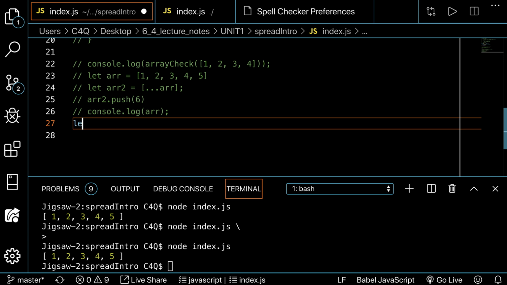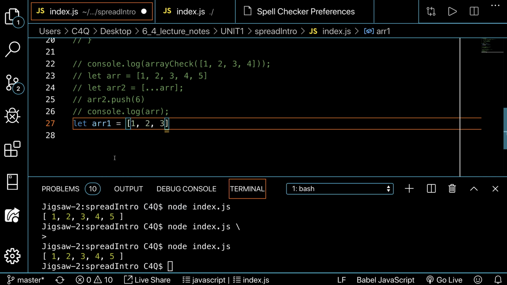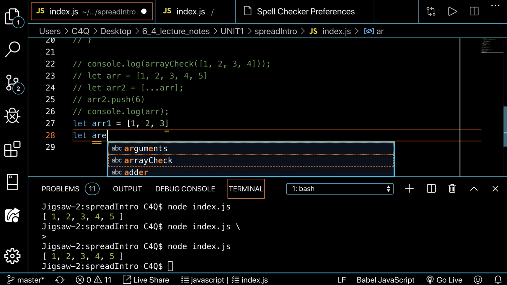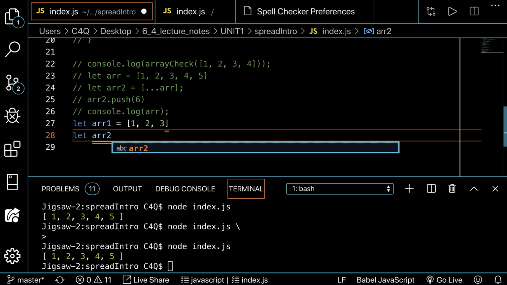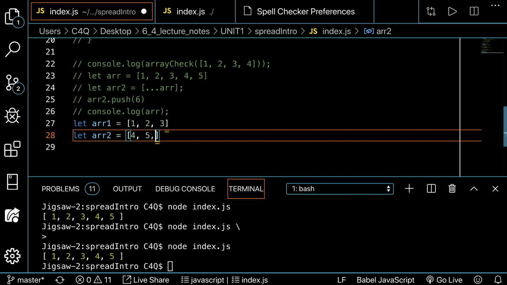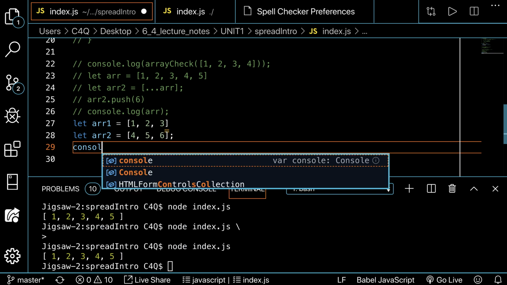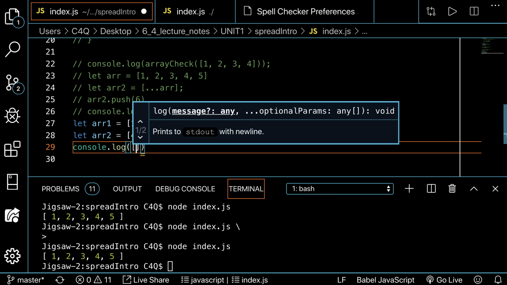So we're going to say let r1 equal 1, 2, 3. Let r2 equal 4, 5, 6. And we can console.log this array, saying